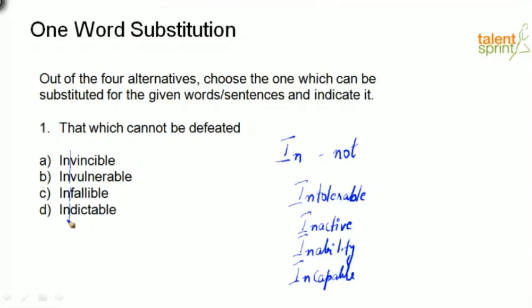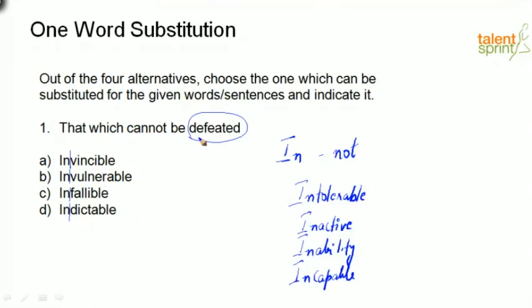So the next thing that we need to look at is our clue word from the phrase itself, which is defeated, right? That's our clue word from the phrase. Now, for some of you, this could be something that you already know. You're familiar with this word. It's not a new or unfamiliar word for you. But what about those for whom this word is completely new? You don't know what infallible is. You don't know what invincible is. You don't know what indictable is. The only thing you might be familiar with is vulnerable, right? Anyway, having said that, we understand the prefix in and what it means. We looked at a couple of words, right?